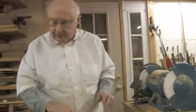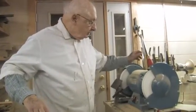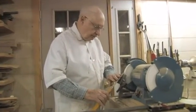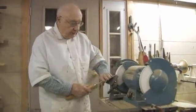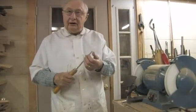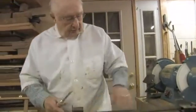Now, these carving tools can be presented to the lathe like, or the grinder like this, and turned over, and you're always grinding against the cutting edge. Very important. Now, finish